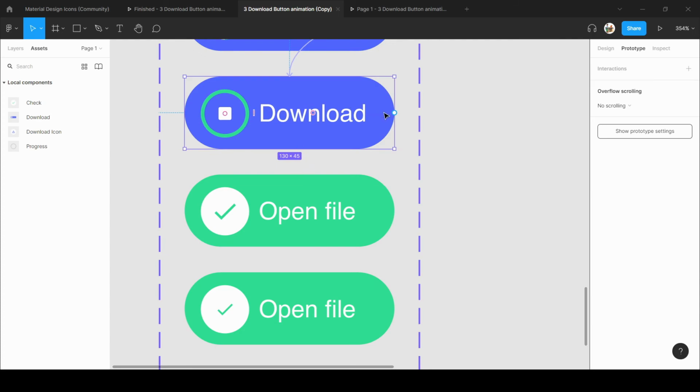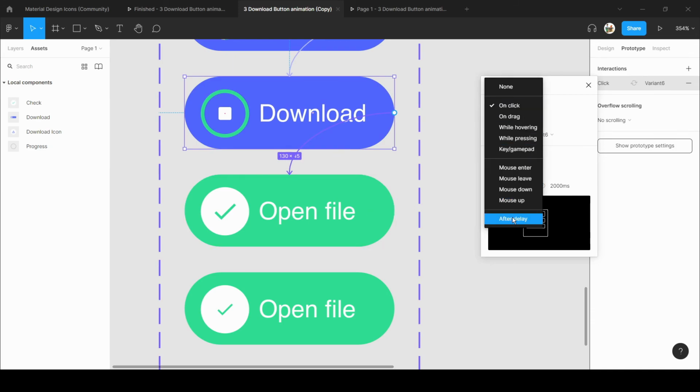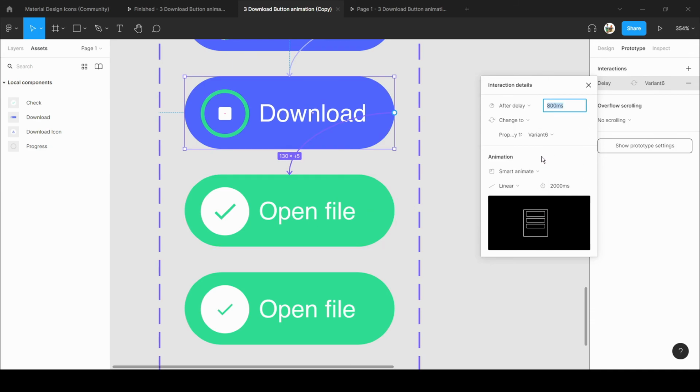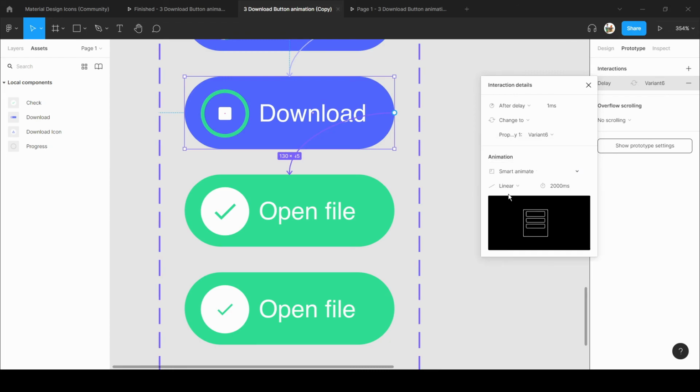So now what I want, when this progress is completed, instantly I want this button to appear. So after delay, select 1, and here you can select smart animate also and instant also, but I will choose instant. If you are going to choose smart animate, just make it 10 ms or 100 ms, so keep the value between 10 and 100.